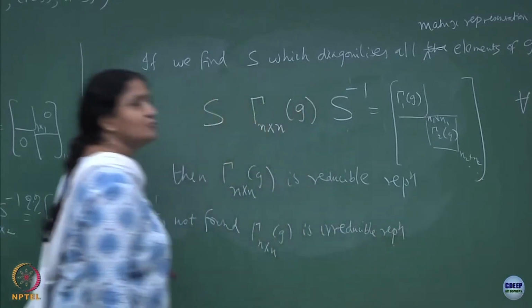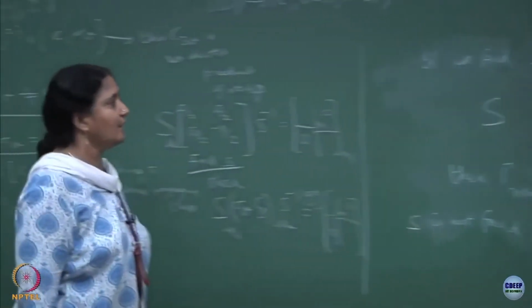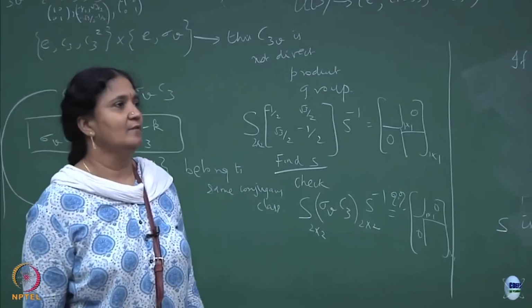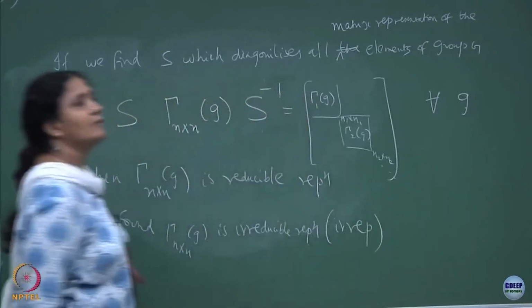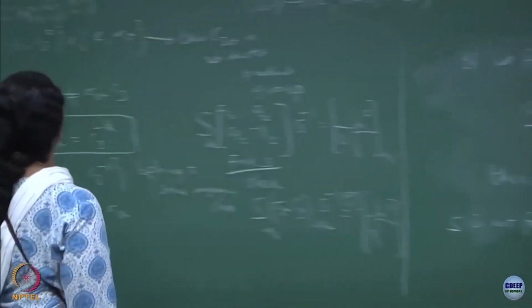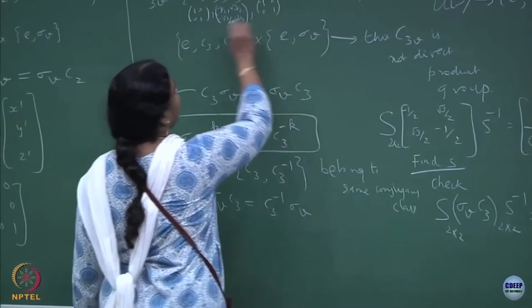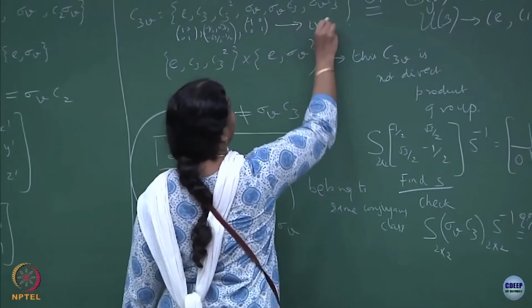Okay, I am using the shorthand notation representation, but further I will shorten this and call it as irrep. Okay. So, I am only claiming to you that this one is an irrep,